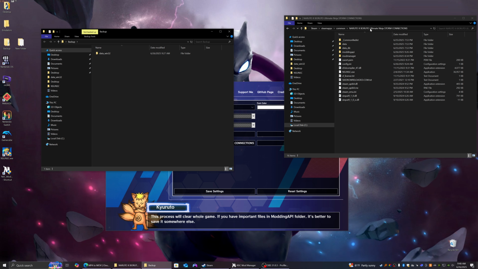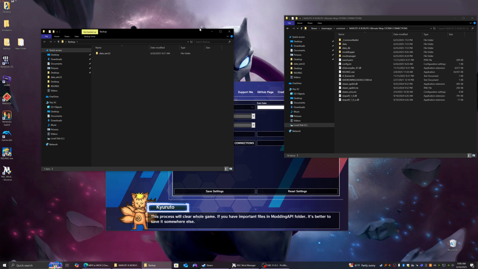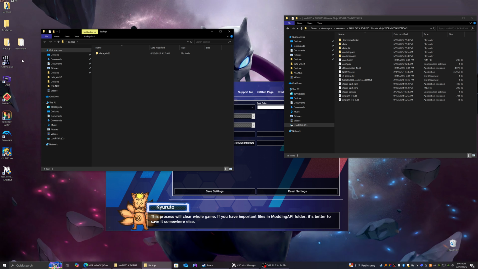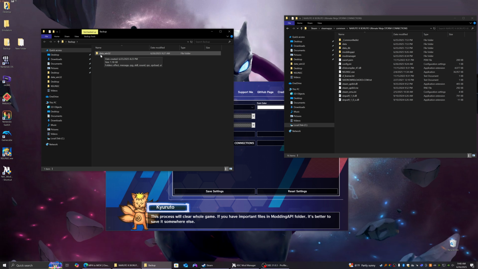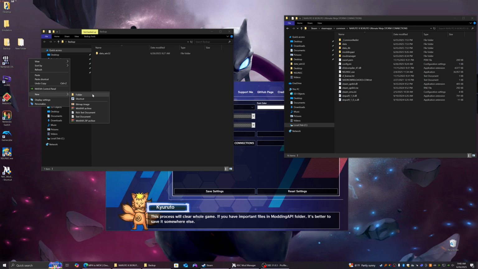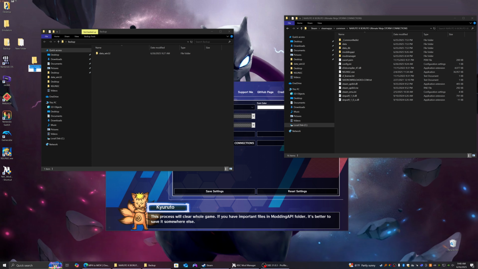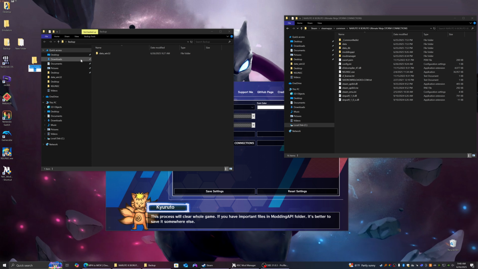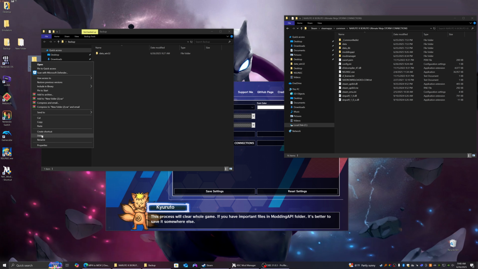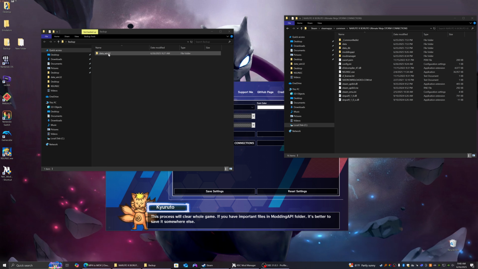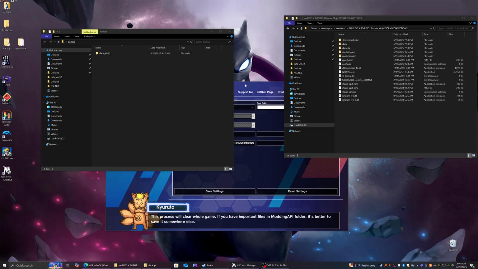So this folder here that you have in your directory, you're going to take it out and you're going to put it into a separate folder itself, right? So you create a new folder. You can name it whatever you want to name it, and you just drag it into the folder, right? So this is the mod folder that you just removed. So what you're gonna do,